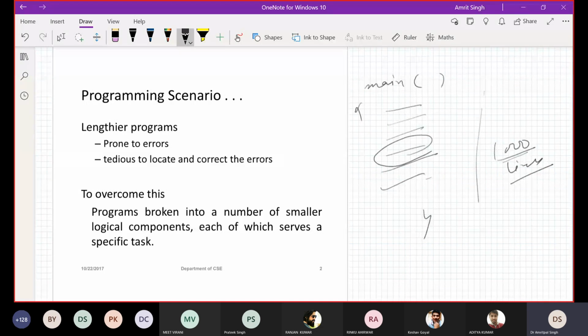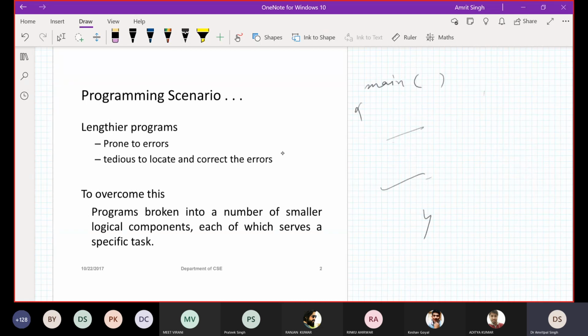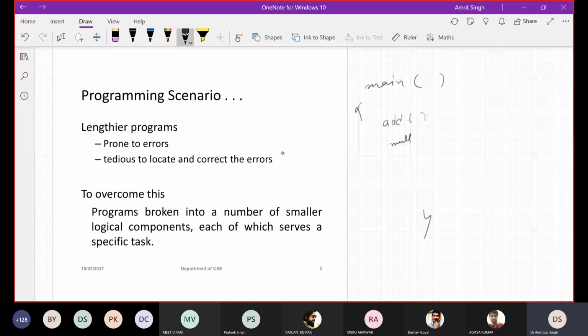Okay, to overcome these things, they have suggested an approach called modular programming. Modular programming refers to dividing your program into a number of components. Let's say you are making a program for a scientific calculator. What you are going to do is make a number of functions: add function, multiply function, divide function.